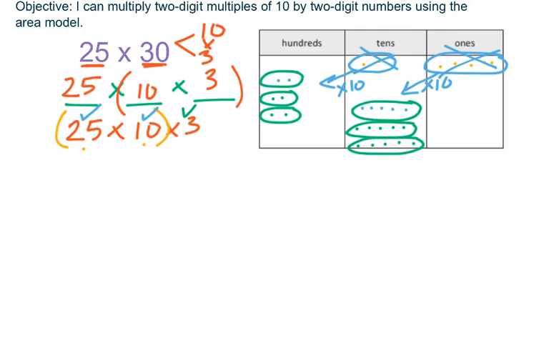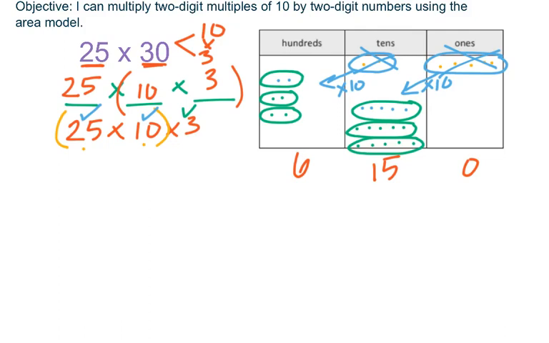My final thing that I need to do is find out my final answer. So if I look here at my chart, I have 1, 2, 3, 4, 5, 6 in the hundreds. I did 3 times 5, so that's 15 in the tens, and I have 0 in the ones. Well, looking at those three numbers that I have there,